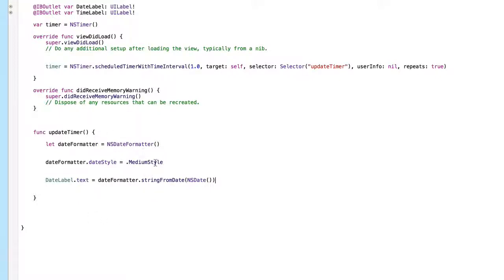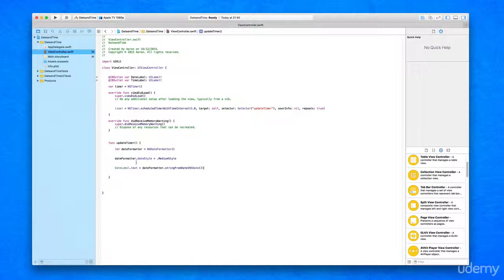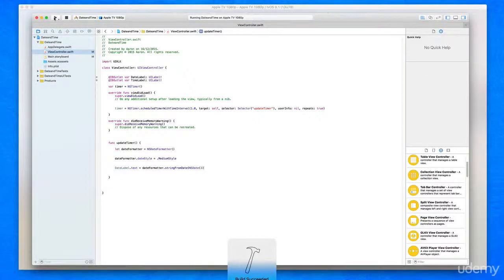So we've got it all set up now. So what's happening, we've created our let of our date formatter and we've equaled it to an NSDateFormatter, which basically means we're allowing this variable of our let here to be linked to a date, so it kind of knows what that information is going to be stored within it. We then got the date formatter and equaled it to a medium style date. So this knows it's going to be displayed in there and then it's going to be placed within the text of our label. So if we go to build and run now to see exactly how it looks,